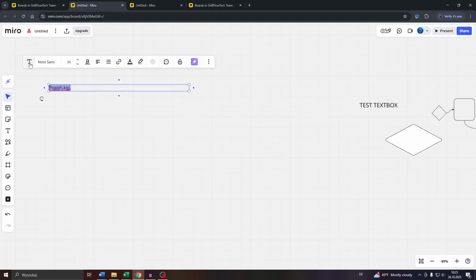You can switch the type here. You can change the font and use one of the available font types here in the Miro library. And you can apply bold letters, italic letters, underline, change the alignment from left to center, right? You can add bulleted lists, numbered lists,